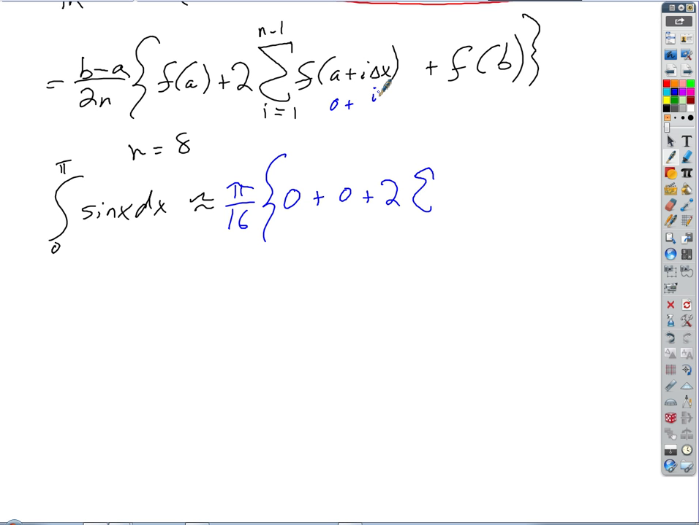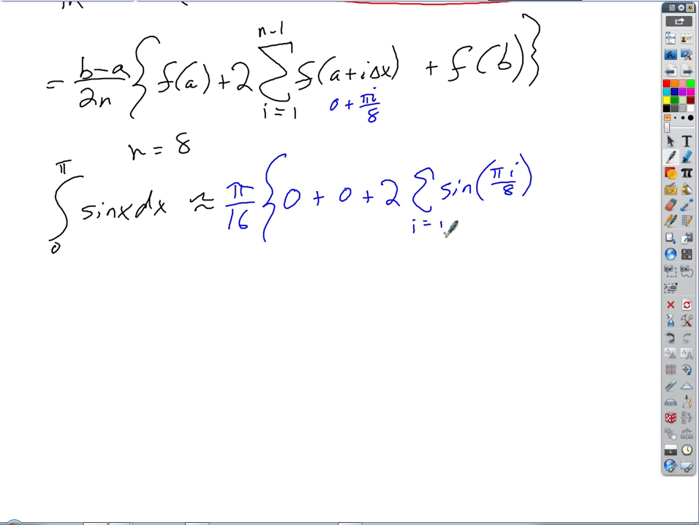i over, so what's delta x? It's just going to be pi over 8. Does that make sense? So pi over 8, everybody agree? Delta x is just b minus a over n, right? And then times i. That makes sense? Okay, so f of that is just going to be sine of pi i over 8 as i goes from 1 to,